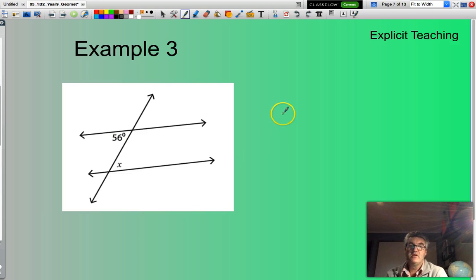Now, this time I have 2 parallel lines. Here they are, first parallel line, second parallel line. Now, the transversal. If you remember from that slide that I had right at the beginning, I know that these 2 angles are alternate, and that angle will be the same. So straight up, I can say that x equals